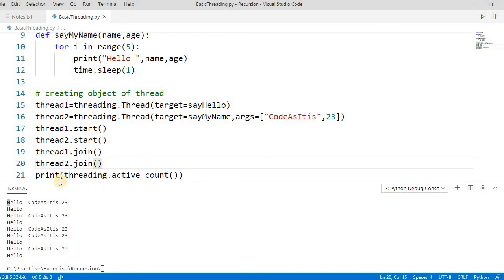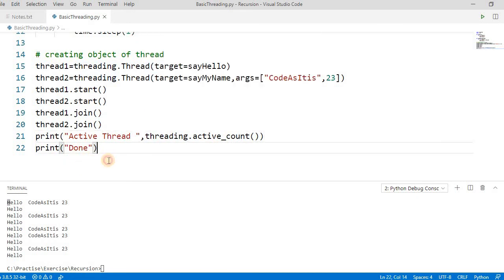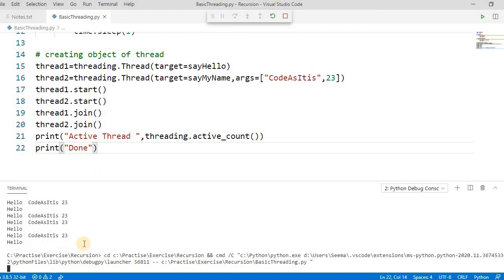So now these 2 threads will end, and only then the main thread will continue. But now if you check, the active count will return only 1 because these 2 threads are closed. Okay, let's do something like print active thread. Now let's run this and see the result.